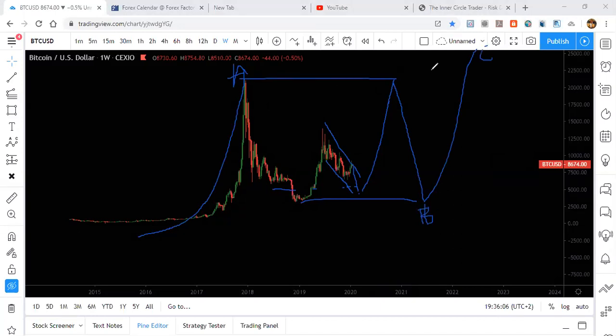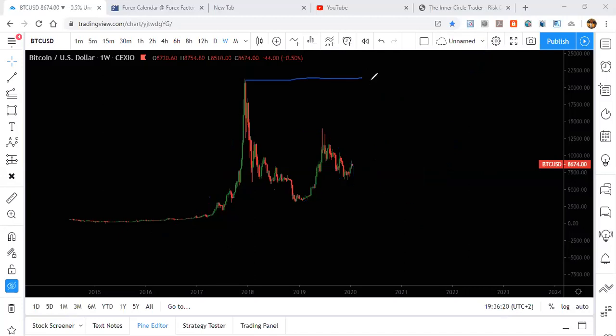So there's a possibility that you can even see this going sideways, up and down. You'll be hoping that this is going to go to 30, only to find out it's going to come and take these high points here, take these highs, and drop again to these 5,000 levels. So there's a possibility that we're going to come to these 5,000s here. So if it happens that we break the higher,